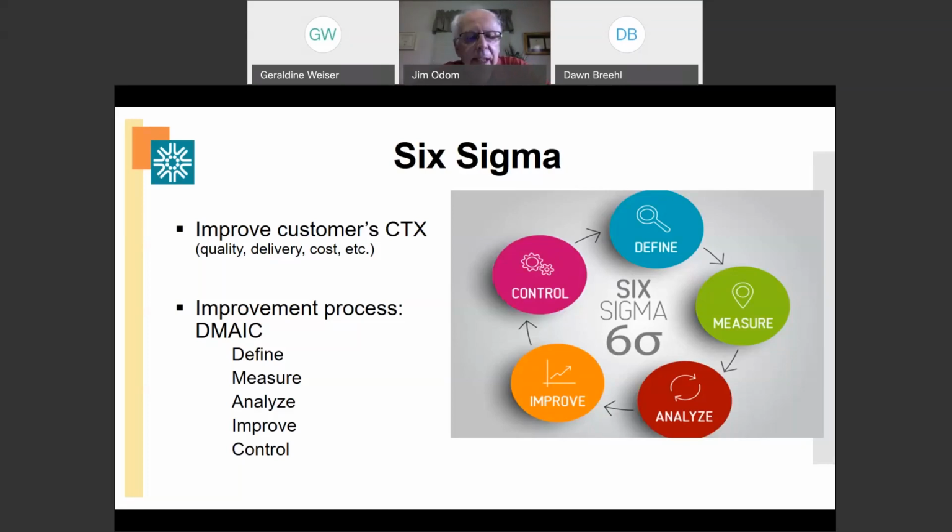Yeah, CTX is critical to something. And the X is just sort of an undefined, it could be quality. In most cases, most customers want quality products and services. They want that product or service delivered when they need it, and they want it at a good cost. So the CTX, the X is just sort of like a wild card, huh? Yeah, like a wild card that either means quality, delivery, or cost. Okay. Hope that helps. Right.